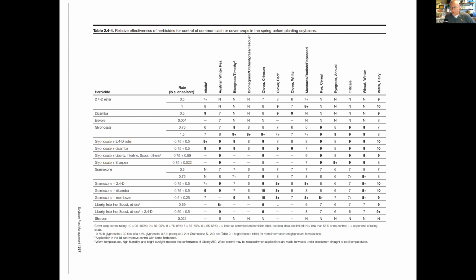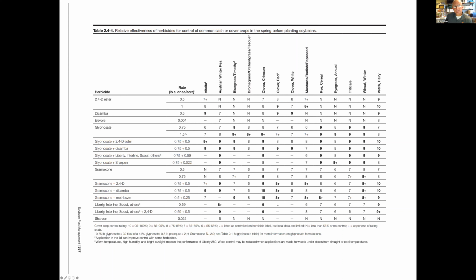So I'm glad you brought that up. So I'm gonna, if you can all see my pointer here. So here's the annual ryegrass column, and then we have two different numbers here. We have an 8 and a 9, which seem like they're relatively close. But the thing I want to point out here is that when glyphosate is $18 a gallon, we don't blink an eye about going from this rate to this rate, because even if you think about generic glyphosate, 4 pound per gallon glyphosate, the cost of going from this rate to this rate is about